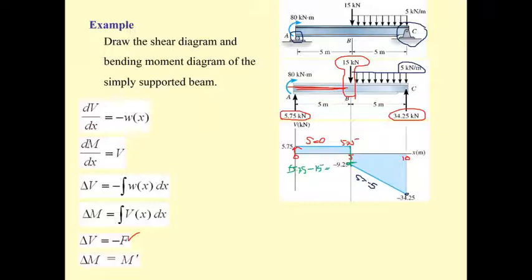The V there is minus 9.25, and then it is equal to minus of the area under